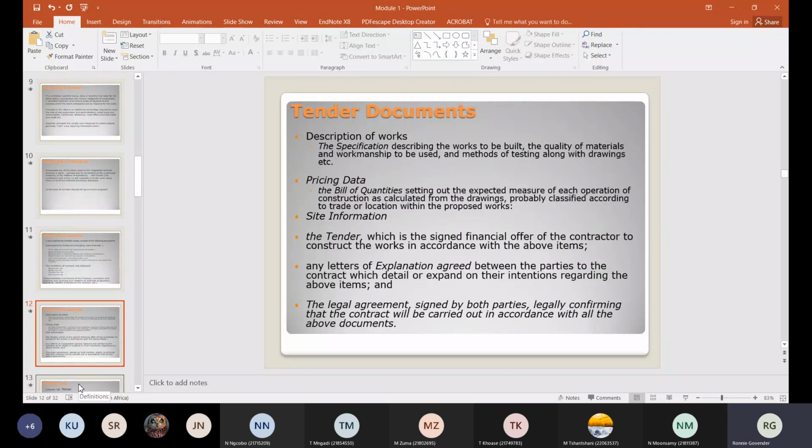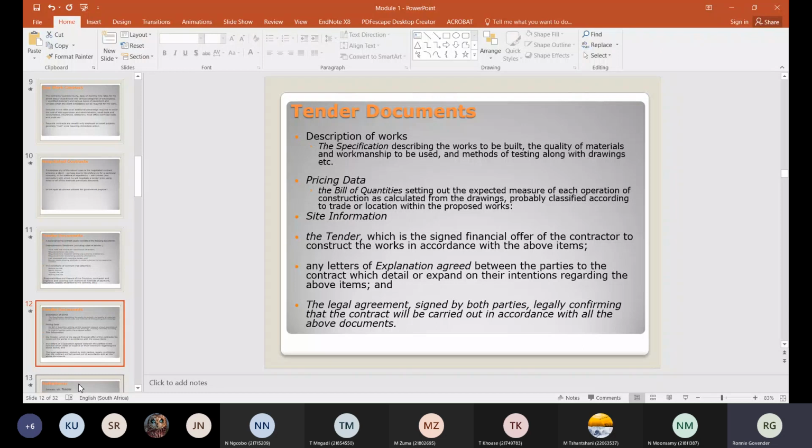Tender documents also include the description of works, a basic scope of the works, telling you what the work entails. For example, construction of a brick and tiled house that's going to be 460 square meters on land that's 1,580 square meters, and so on, things like that.